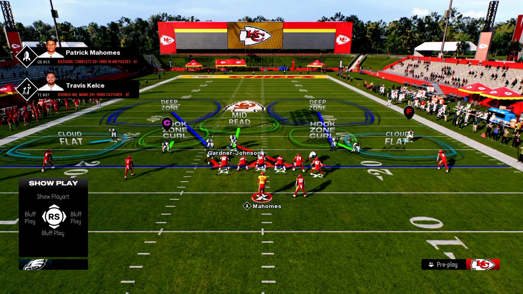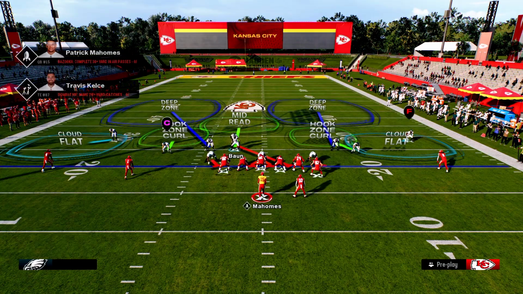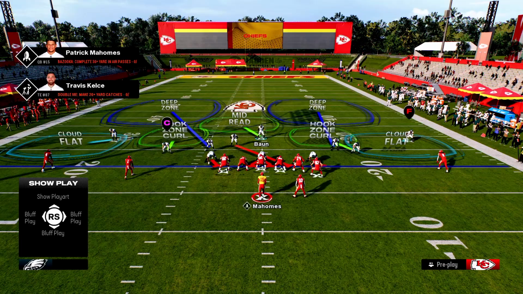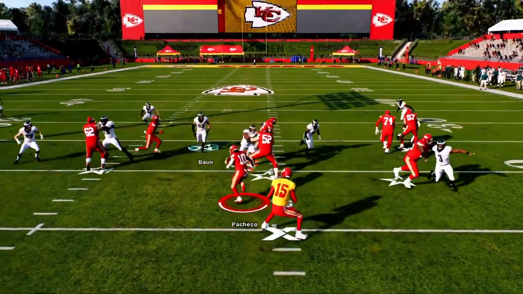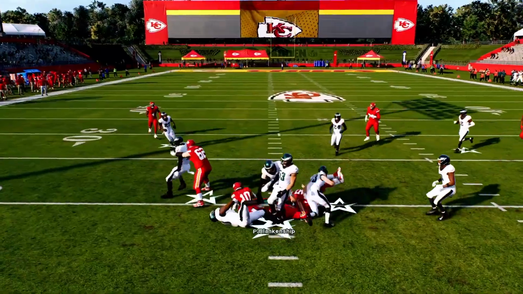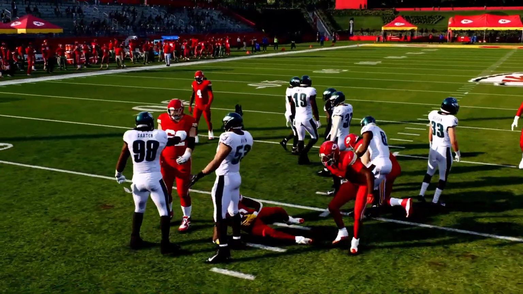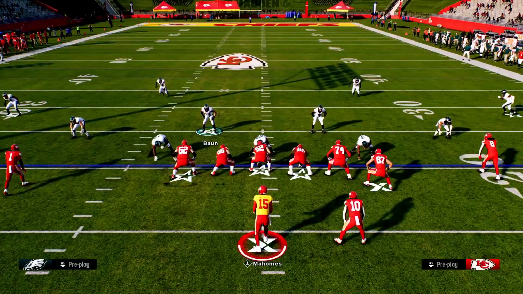I go to this, and we're set up like so. So the way I want to run this defense is I want to stand back here. And so I just want to show you what will happen. If I see inside zone, I can come downhill and blow the run up like that. So it's not the end of the world if they do run the ball, and you're going to be okay,